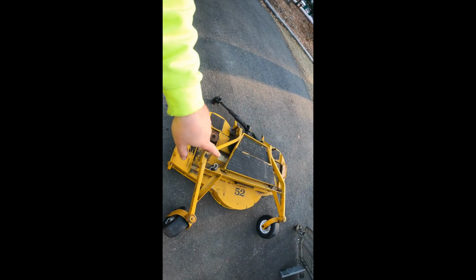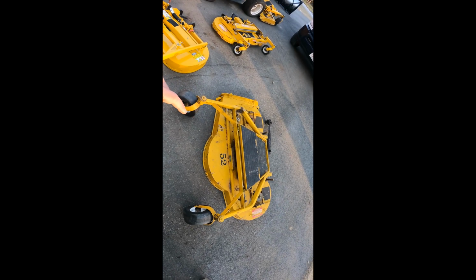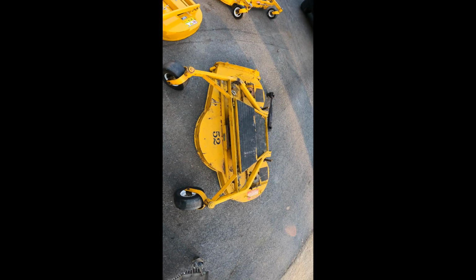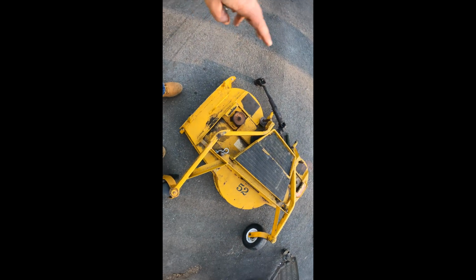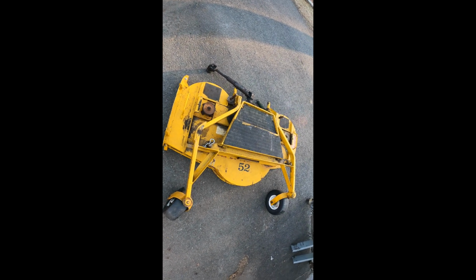Now, Dwayne didn't have this 52-inch deck. This one actually came with the MDSD that I bought in Florida. So this is a 52-inch side discharge deck. It's in pretty good shape. It's not all rotted out. You know, it does need some work. It's going to need some pulleys, new belt. I'd probably have this deck sandblasted, and